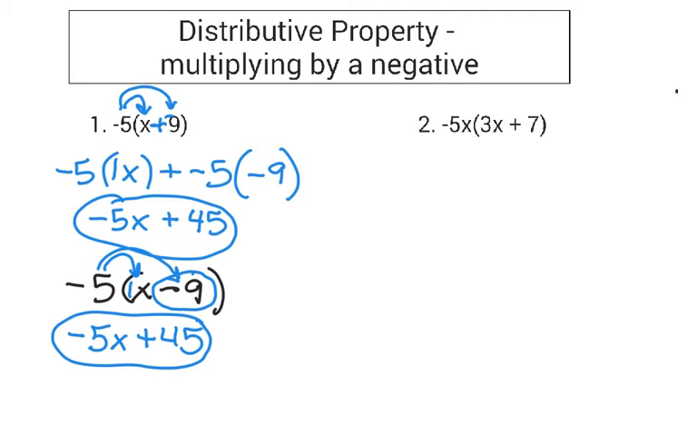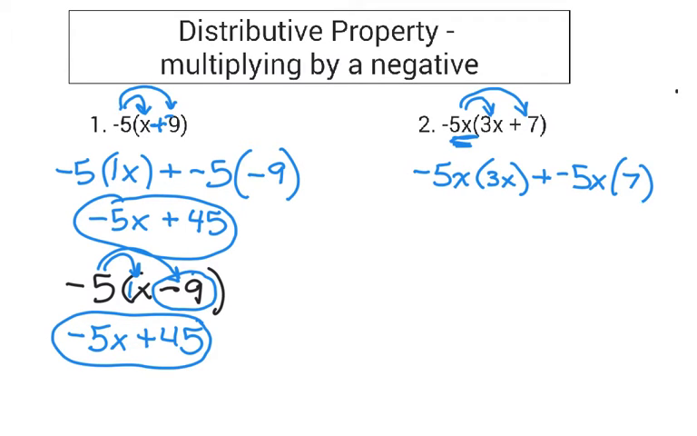Let's look at another one. This time it's -5x. There's an x in front of it. That whole term will be multiplied by 3x and then by 7. So -5x times 3x plus -5x times 7. -5x times 3x is